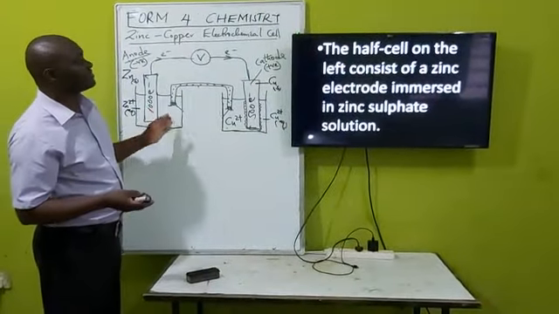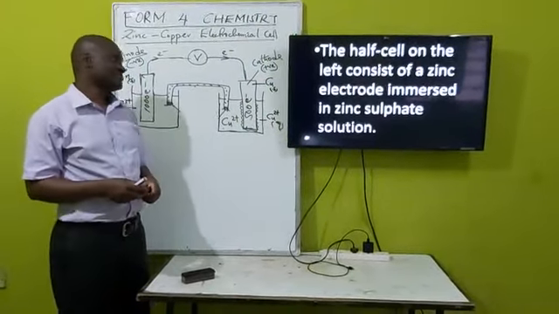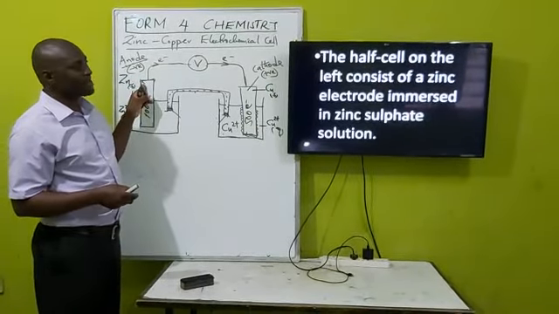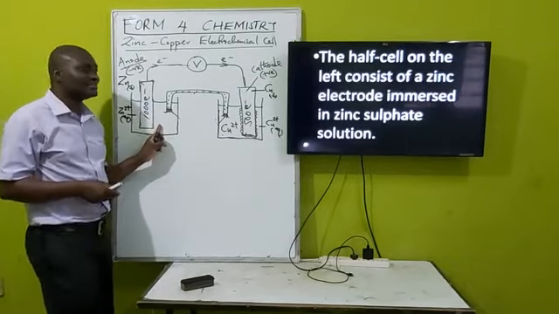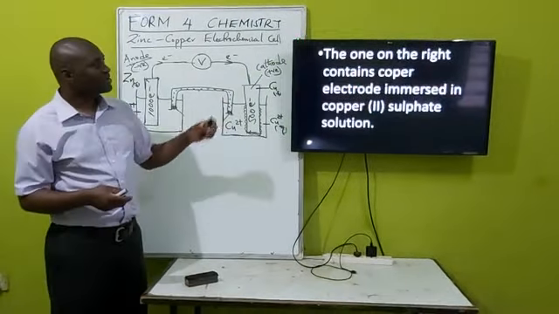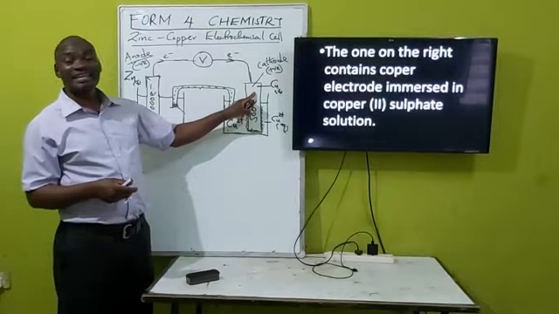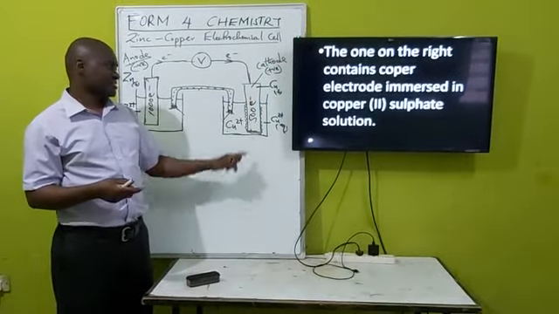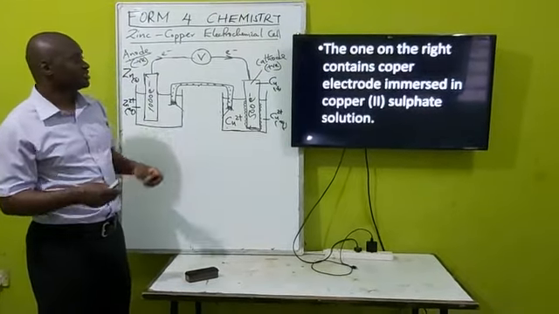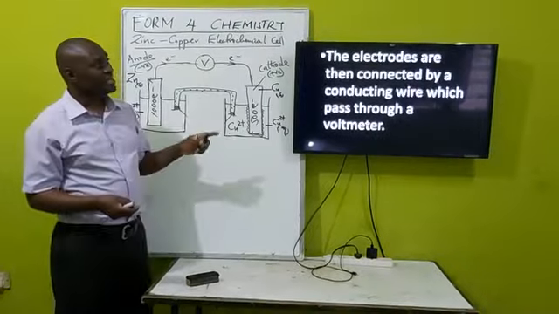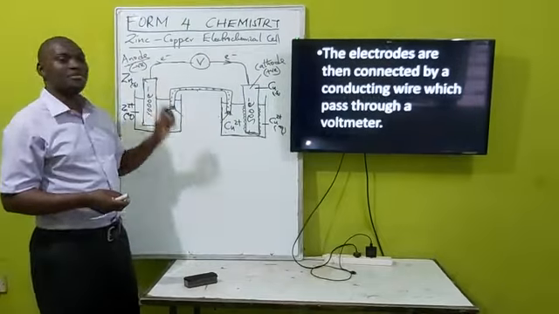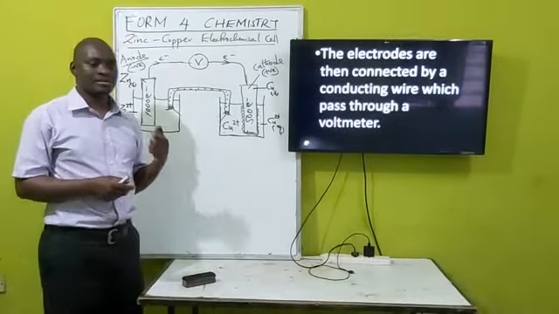in this case we have said the half cell on the left consists of zinc electrode immersed in zinc sulfate, and the one on the right consists of copper electrode immersed in copper 2 sulfate solution. So we have two half cells. Now the electrodes are connected by a conducting wire. We had seen that in our last